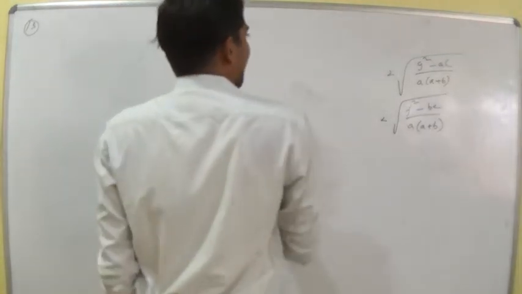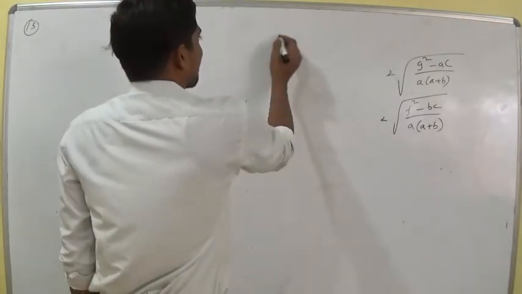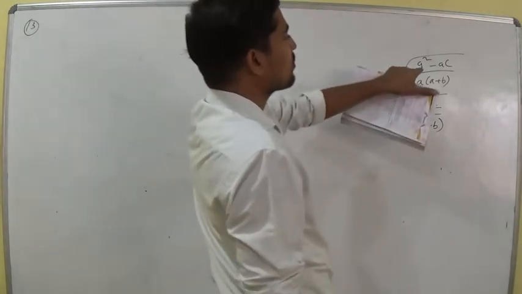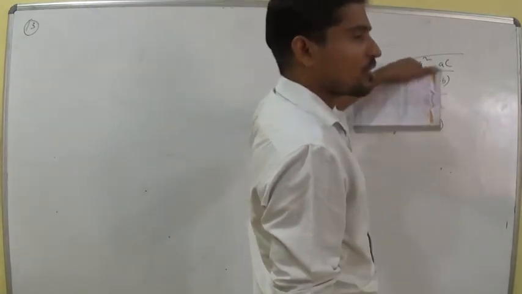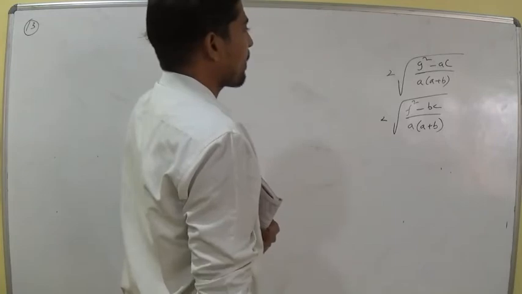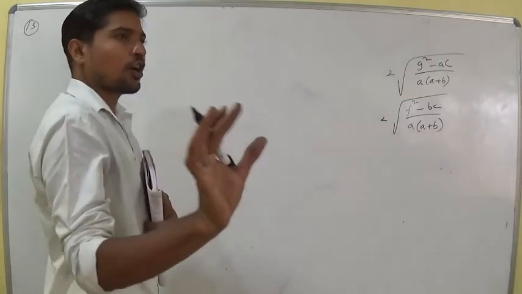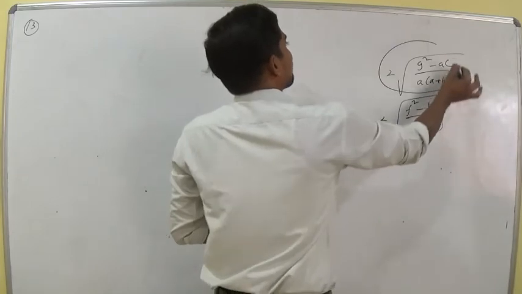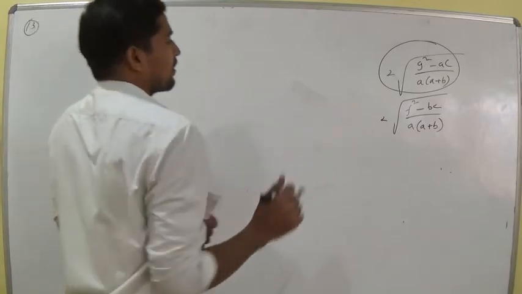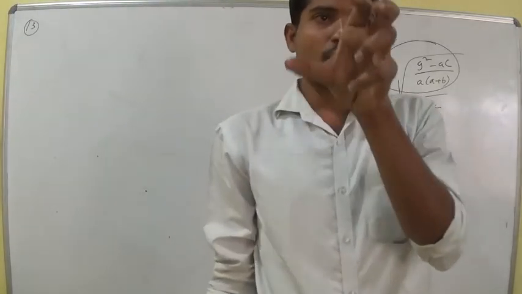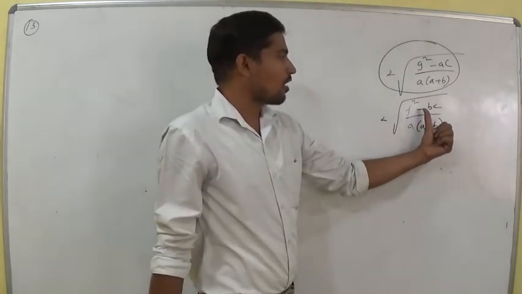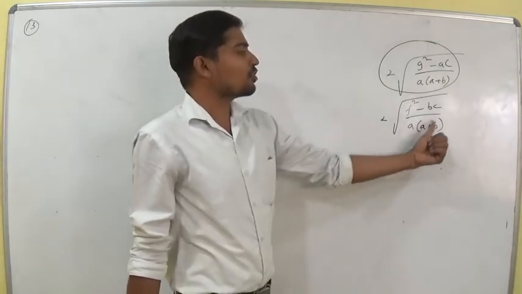So if the point lies on the y-axis, the x coordinate becomes 0. X coordinate becomes 0 means 2gx is equal to 0. G becomes 0, then x also 0. So totally it becomes 0. So don't take that, and we have to use the second one. So y coordinates are there now, that's why 2fy and by square. So 2 into square root of (f square minus bc) by a into (a plus b).